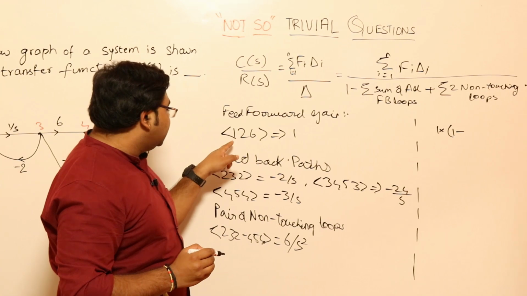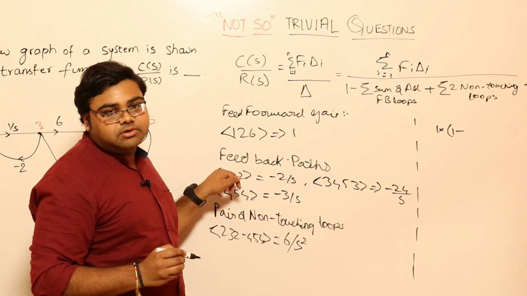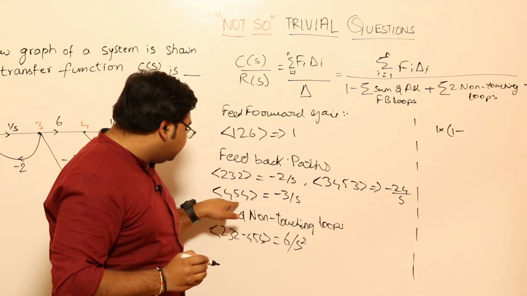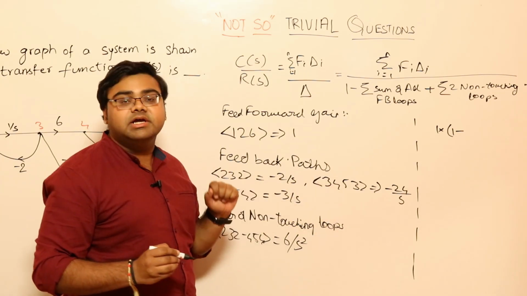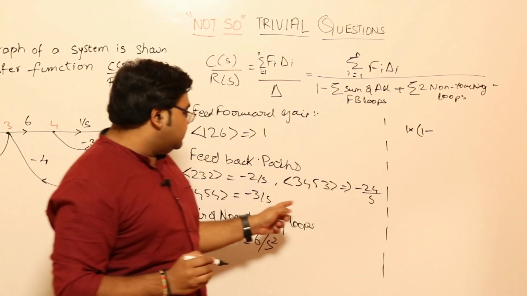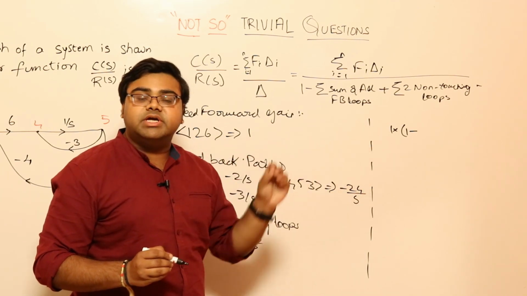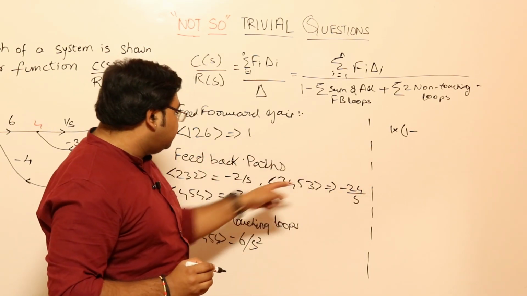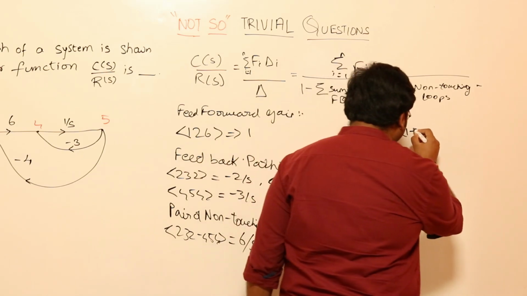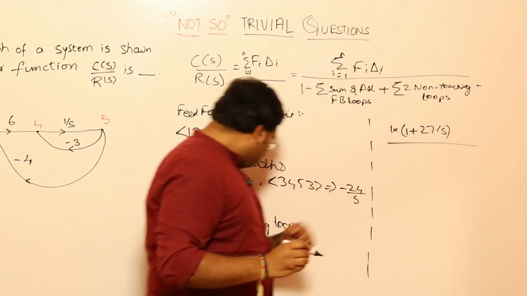So if you remove f1, that means 1, 2, 6 is missing. In the sense, this particular feedback loop will vanish. Only the 4, 5, 4 and 3, 4, 5, 3 will exist. So I have to add both of that and write it over there. And obviously this is negative, and one more negative sign is there. All of that together will form a plus. So you will have plus 27 over s, divided by